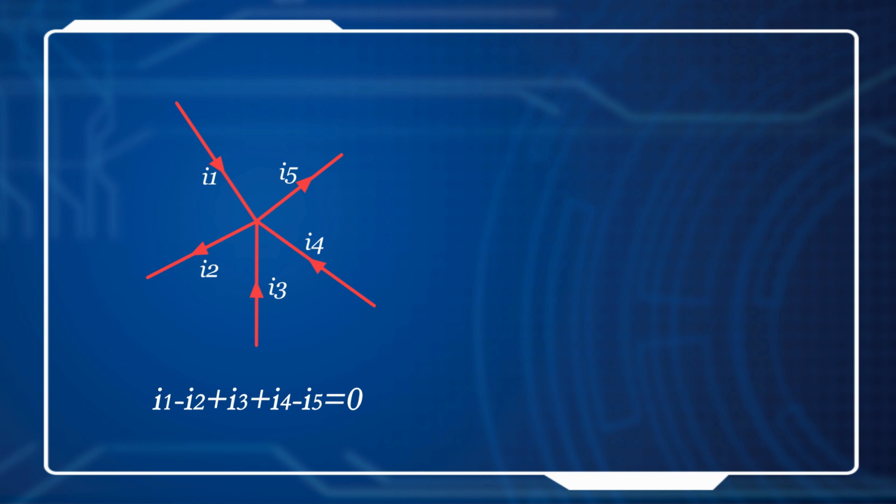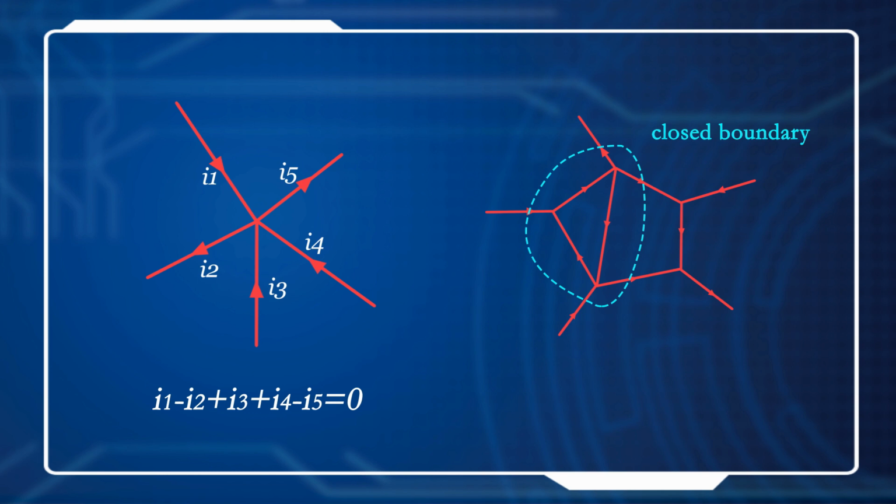The second situation is a closed boundary, and we can find the graph on the right side. We have a closed boundary in a part of the circuit, and we can also use this equation to represent the relationship between the currents. Mathematically, we can get this equation: the sum of In from n equals 1 to capital N equals 0, where In means the current entering a node or